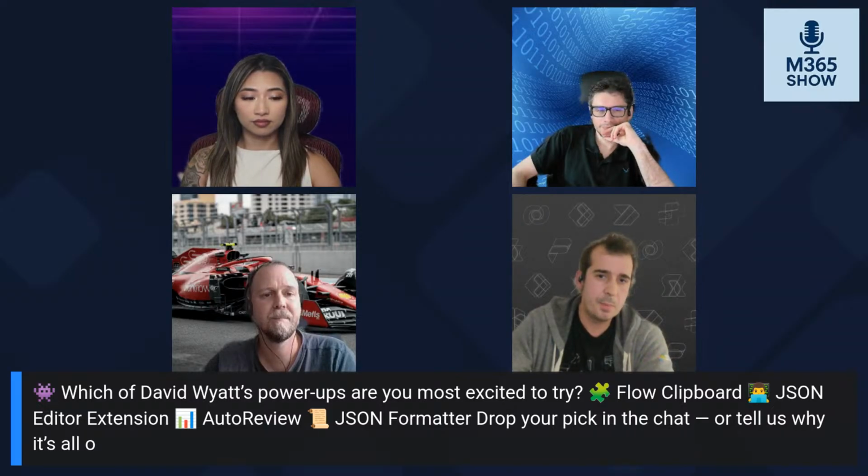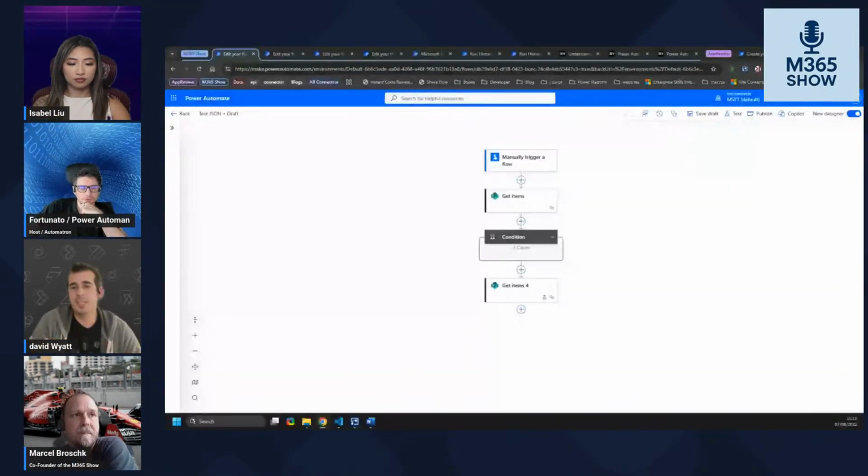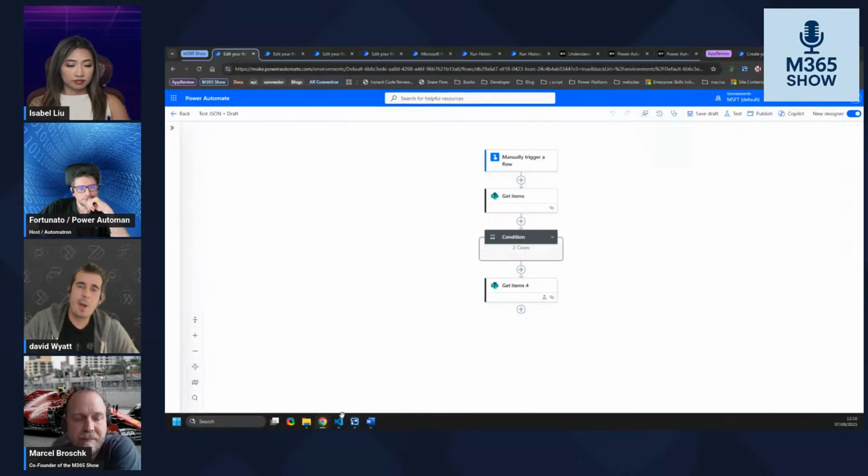If I can present, share my screen. Like I say, it's great for those cases when you want to transition out of the limitations of the UI and get into the guts of it. So everybody knows your standard Power Automate flow, and this is an example of what I'd really like to show you, some really good use cases. You can imagine that this is a lot bigger and more complicated. At the moment, it's got a couple of